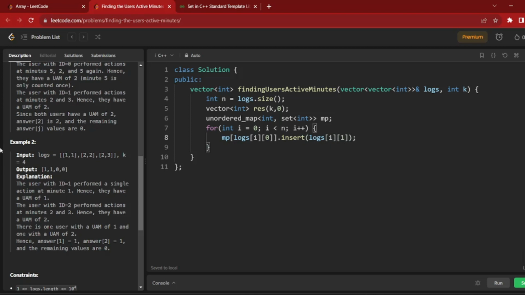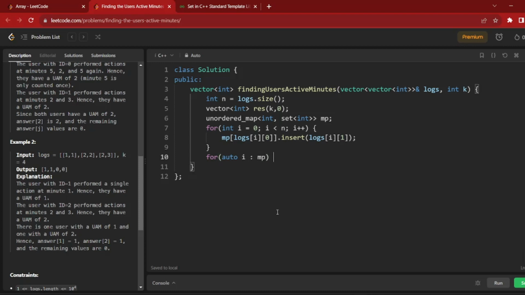So in this way we formed a map here, and if you look into the map it will be given that way. Now we have to run a loop to fill the array according to the elements and just display that array. So for auto I in MP,